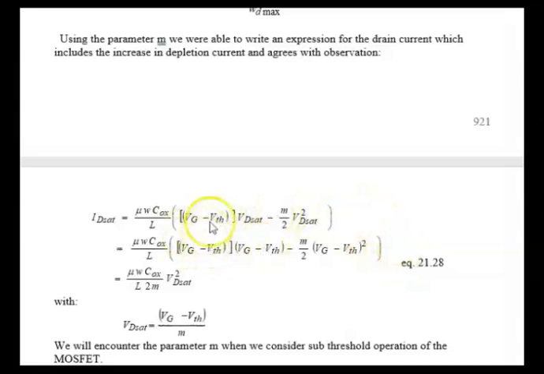We can basically just use algebra because we have an expression for VD-SAT. You put this expression back into here, and we get the final expression: ID-SAT is equal to the coefficient divided by m. That's important. That's the improvement, multiplied by VD-SAT squared. In the simple theory, the m goes away, and it's just 1. This coefficient is present in all of our expressions for ID-SAT.